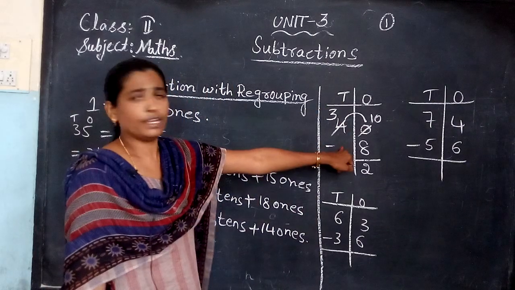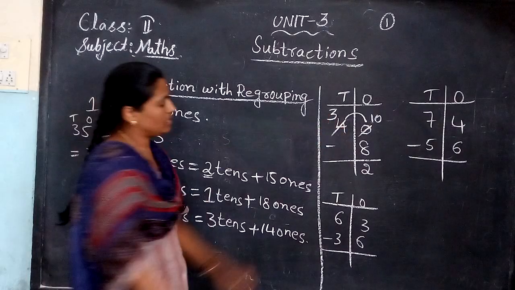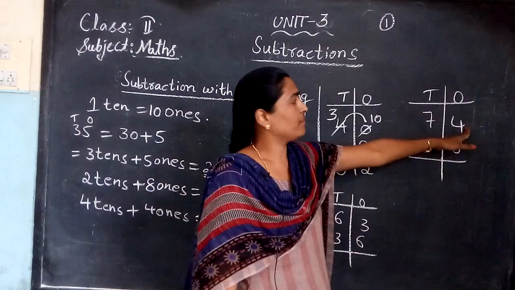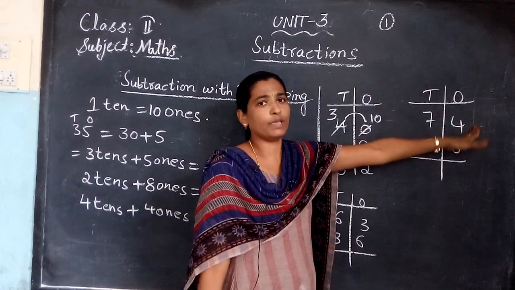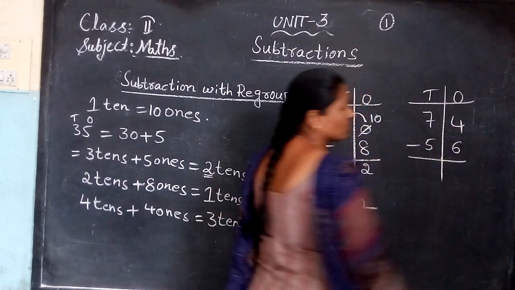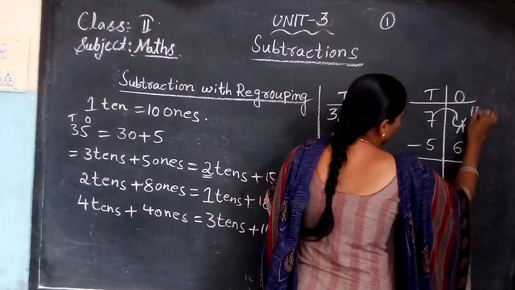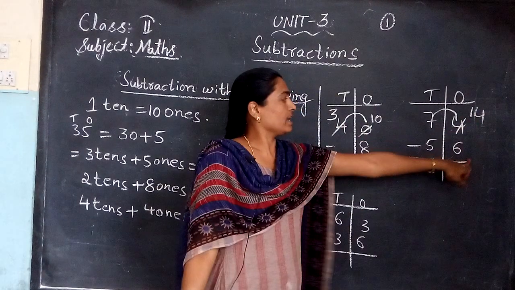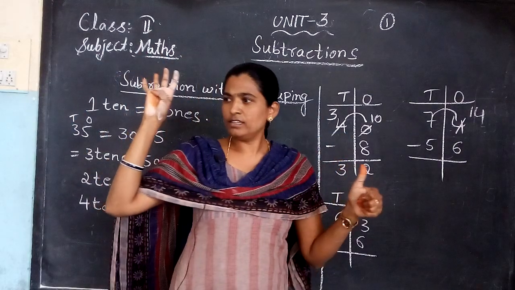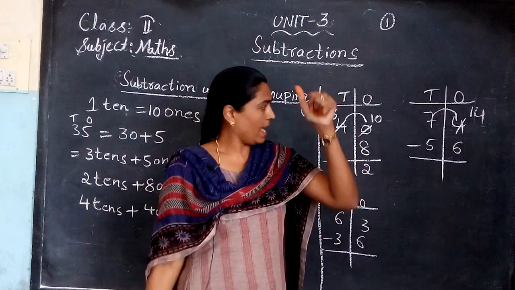Here in the tens column, is any number there? No, only a single digit is there. Same number will come. Next, here also same. Whenever in the ones column the upper number is less, you have to take a borrow. From 4 you cannot remove 6, so take a borrow. What did it become? 14. 14 in the mind, again 6 in your fingers. 14 before 13, 12, 11, 10, 9, 8.